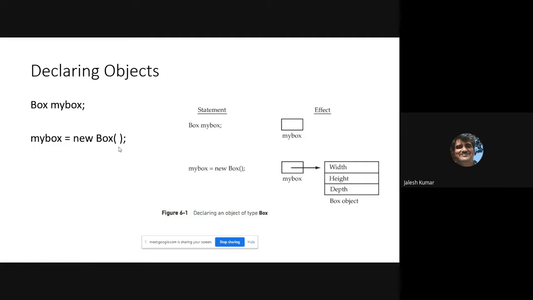That we'll discuss in detail in coming days. Here my box is just a reference for an object of type Box. After that particular line executes, my box contains the value null. Nothing is stored there, which indicates that it does not yet point to an actual object.